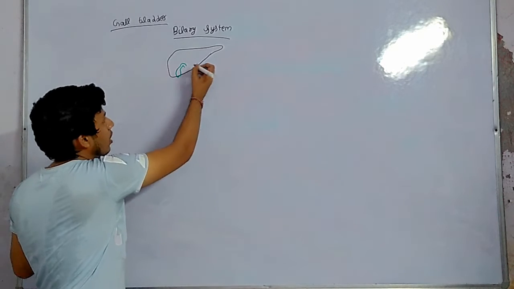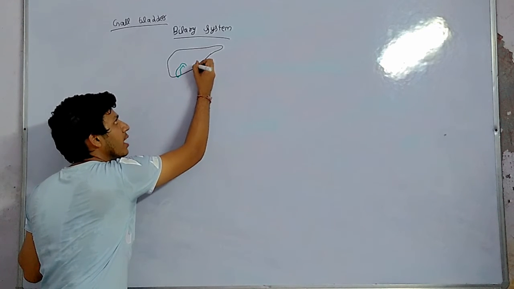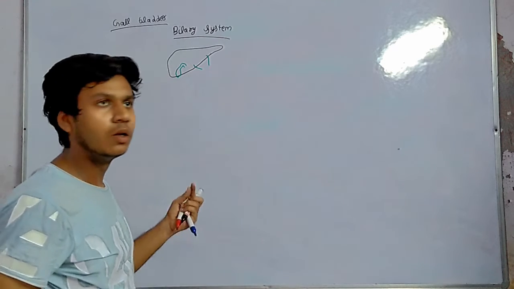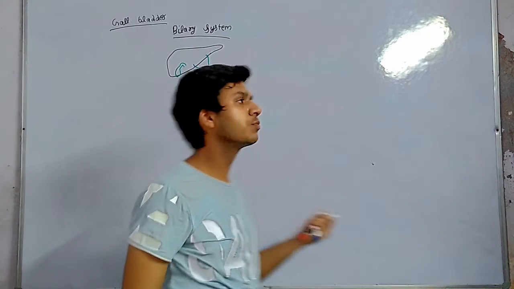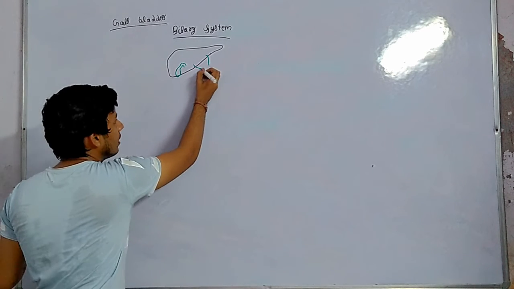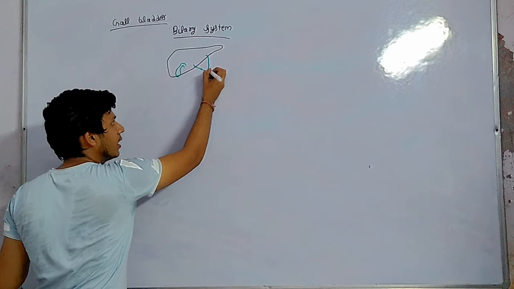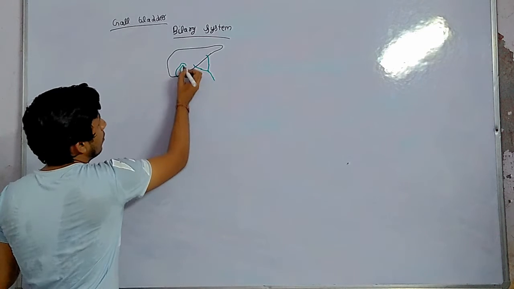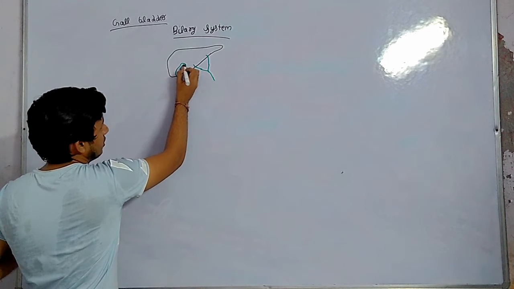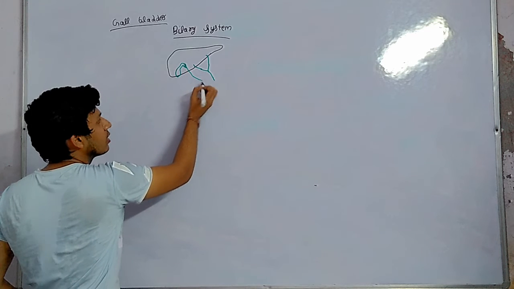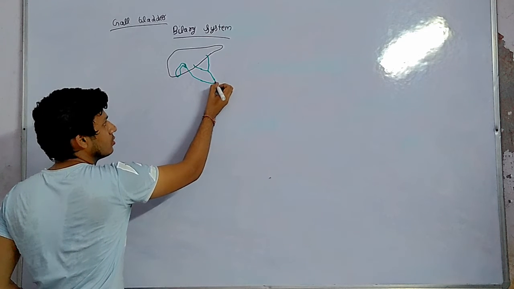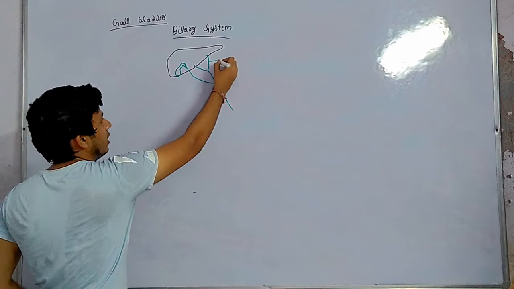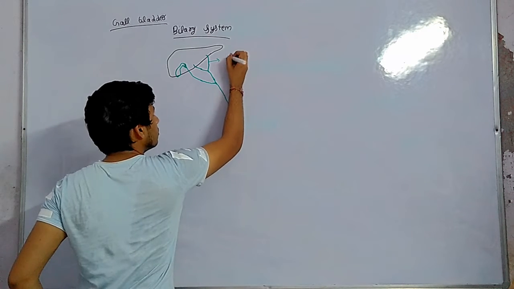First important thing: from the liver, each lobe has a bile duct, the right hepatic duct and the left hepatic duct. These two bile ducts, right hepatic duct and left hepatic duct, combine to form the common hepatic bile duct. Then this is the cystic duct, which combined with this is called the common bile duct.